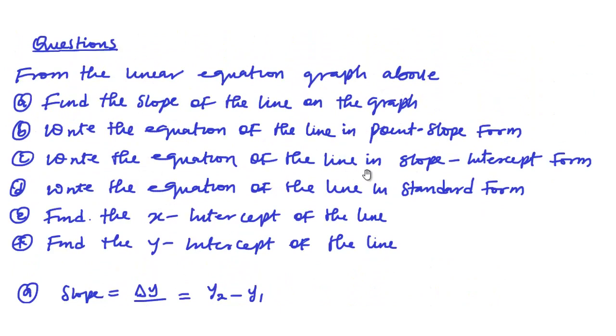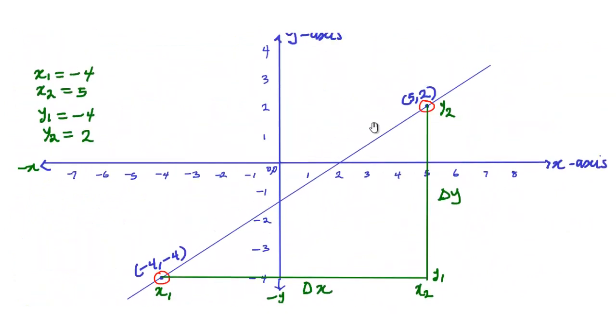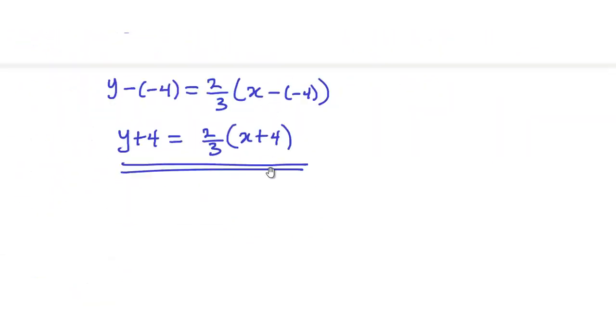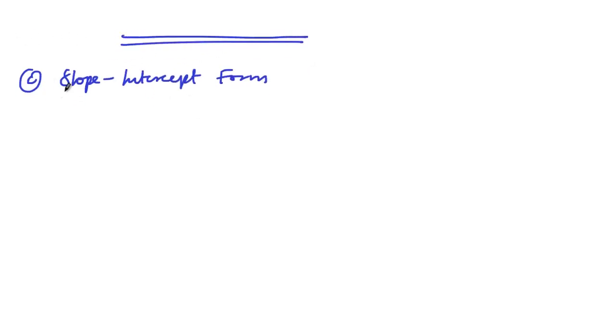Write the equation of the line in slope intercept form, that is C. You can see that I'm not looking at the graph again. Basically, I've extracted all I need, but we can do some kind of confirmation later on. So for C, that is slope intercept form. If I want to determine it in slope intercept form, all you just need to do is to recall